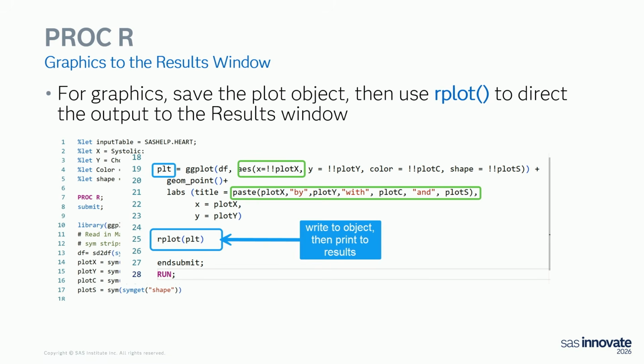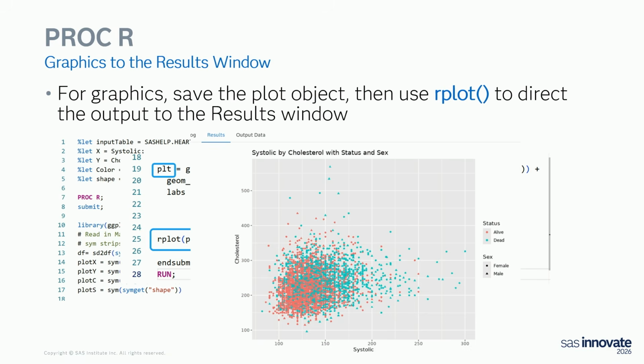That's the R plot. That's another one of those functions that we put in there specifically for SAS. What the R plot will do is show you the output in the results window, so you're going to see the graphic that you want to see. Now you have a program that's going to reproduce this R graphic every time you want it to, using the SAS macro variables and pushing things around. So this to me is really, really cool.